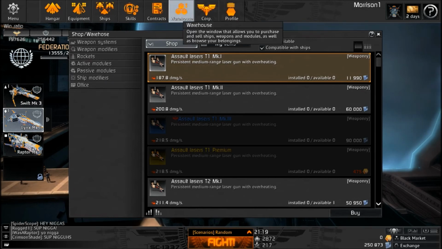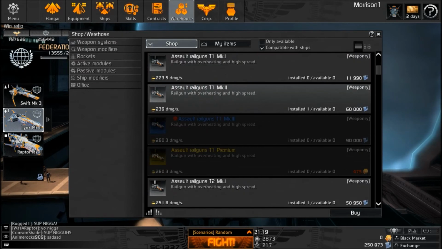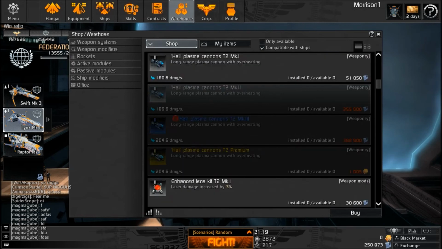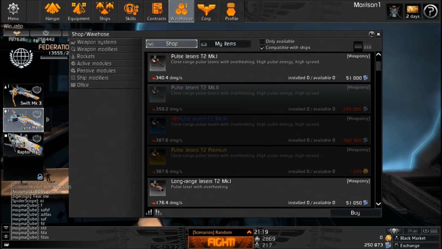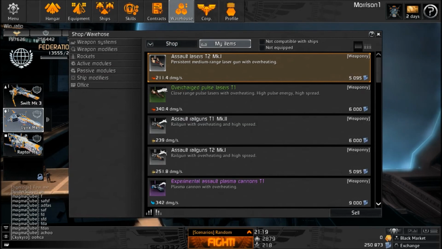What you do is you click on the warehouse tab, and you can see at first everything in the shop that's possible, or if you have compatible with ships, anything that your ships can possibly equip, which is a bit ridiculous, and actually not very helpful at all, since the equipment panel pretty much sorts it out in a much neater way. But you go over into My Items, and if you look here, you can see